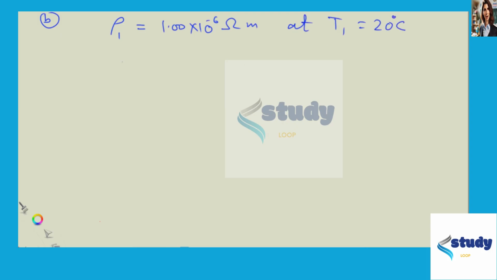So first of all, we have to find resistivity at the higher temperature, operating temperature of this coil, which is 1200 degrees Celsius, for which alpha, temperature coefficient of resistivity for nichrome, is found to be equal to